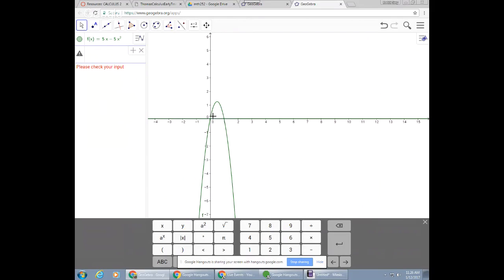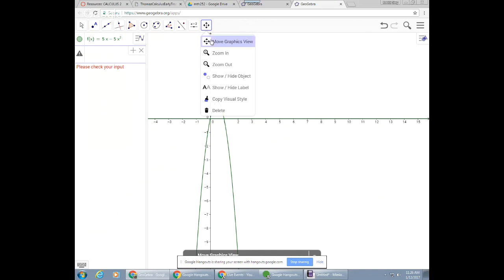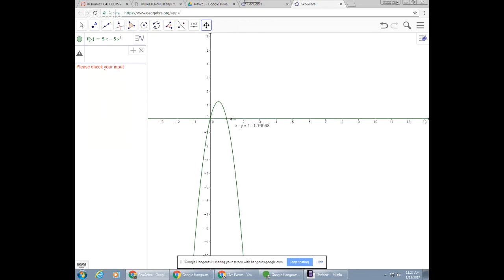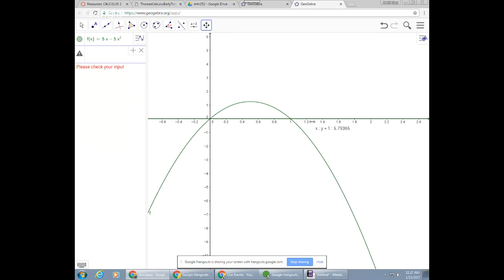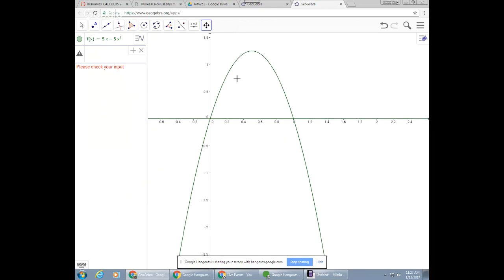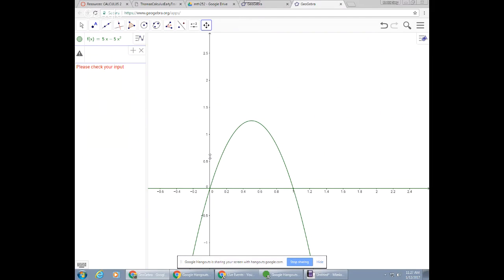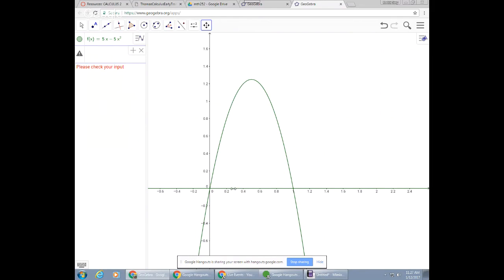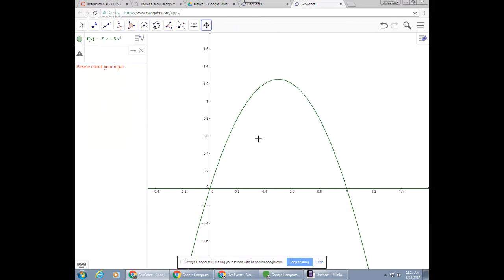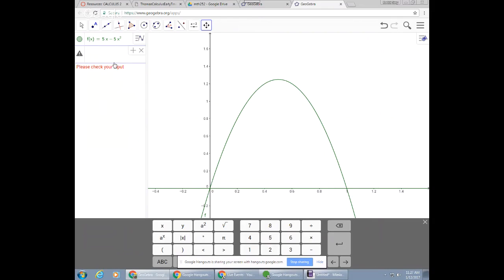So looking at this right here, we can see there's definitely some area there. GeoGebra is kind of fun because if I grab the move tool here, I can grab hold of the axis and rescale it and reposition it. I find it a little easier to use than Desmos once you get used to some of the tools you have available, right? So what we found is, for example,